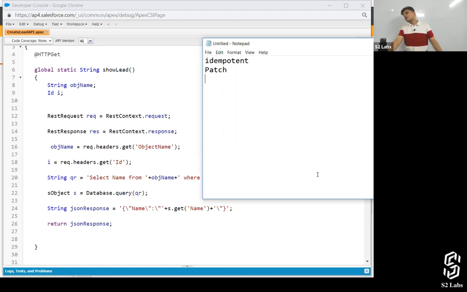As the name suggests, patch is a simple modification that you're doing to an existing resource. Next point, in the patch method, it is also non-idempotent.